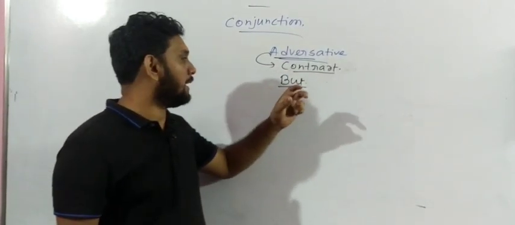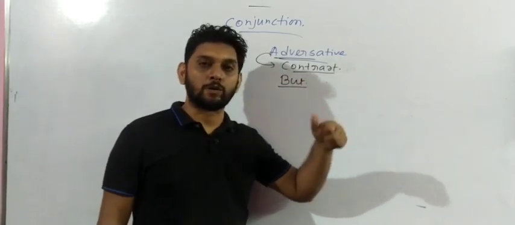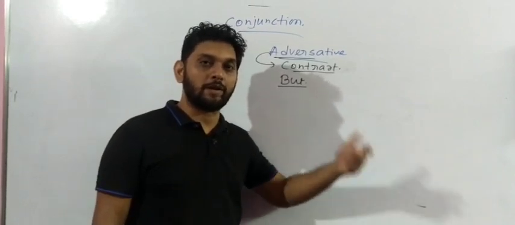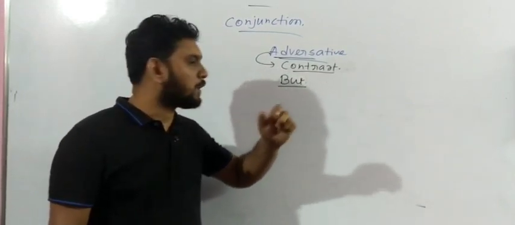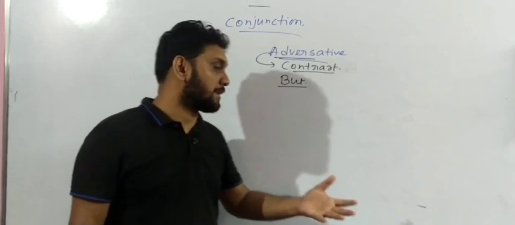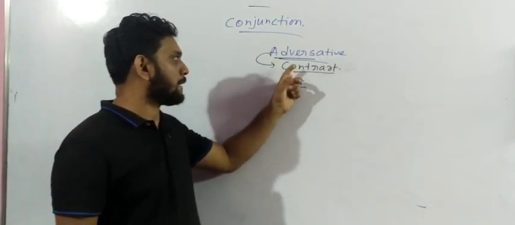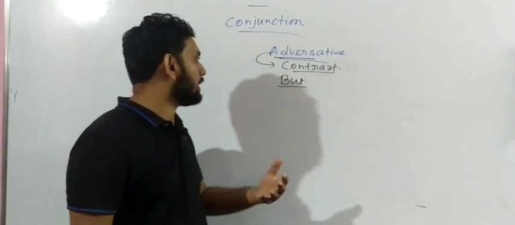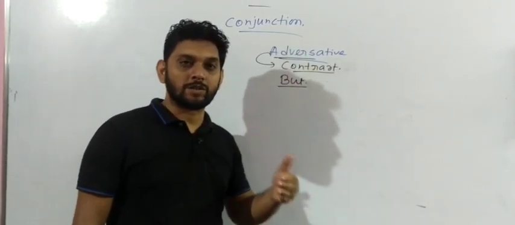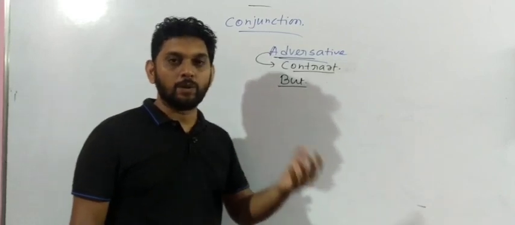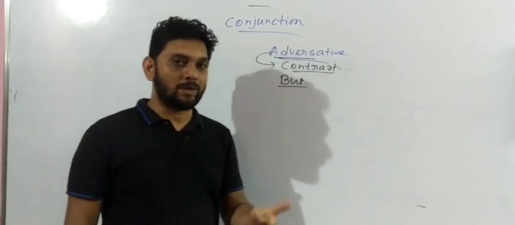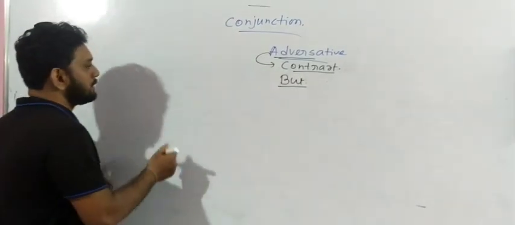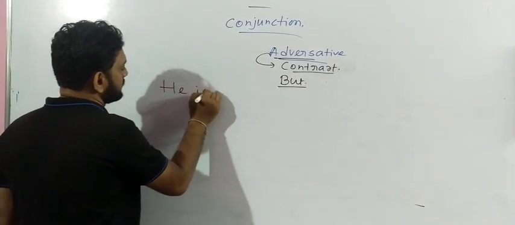Similarly, we have studied copulative or cumulative conjunctions. We have seen that a copulative coordinating conjunction also joins two or more words, two or more phrases or clauses. Similarly, the functions of adversative conjunctions are the same, but there is a little difference: an adversative coordinating conjunction always shows contrast between or among the words. Let me give an example. Write down: he is rich,